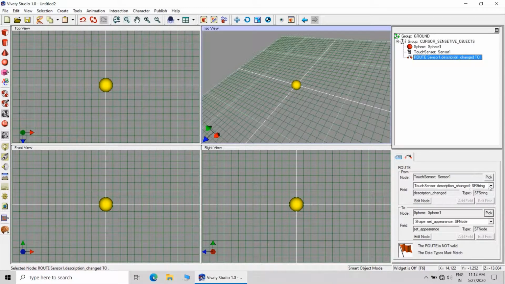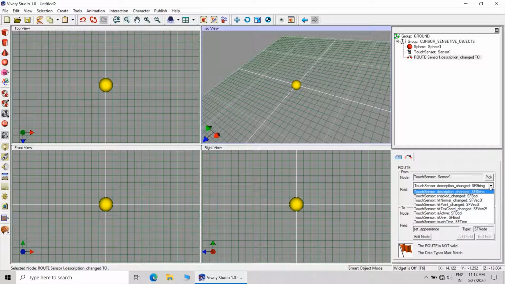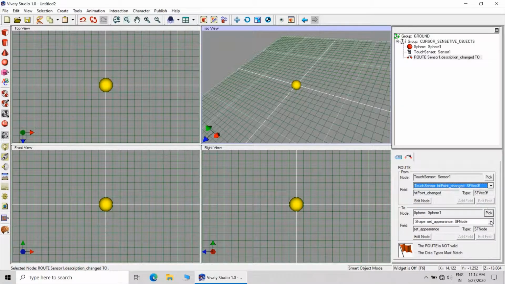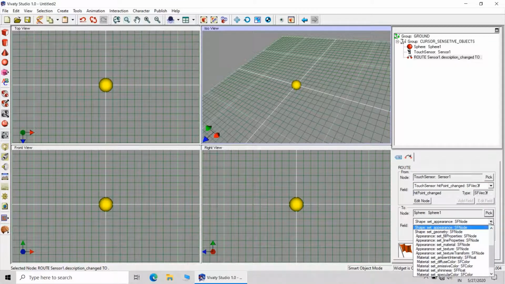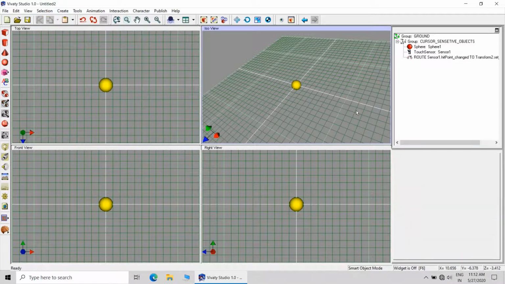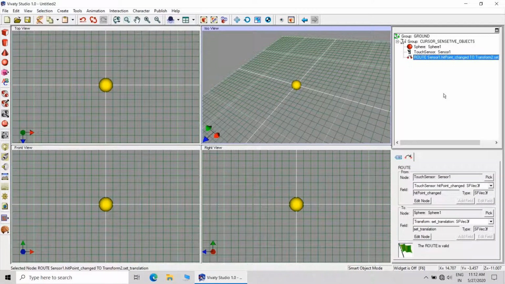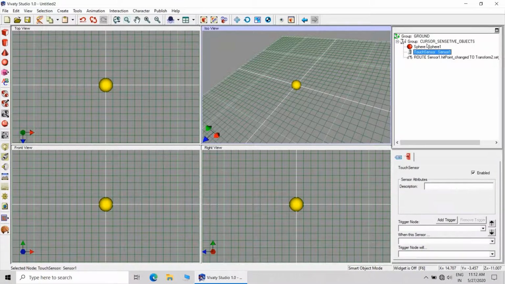So the route is from touch sensor to the sphere, and here I will be choosing hit point changed to set translation. This is the valid route, and now we will check the output.